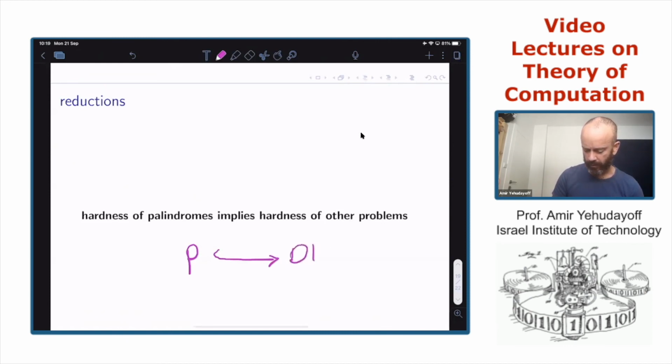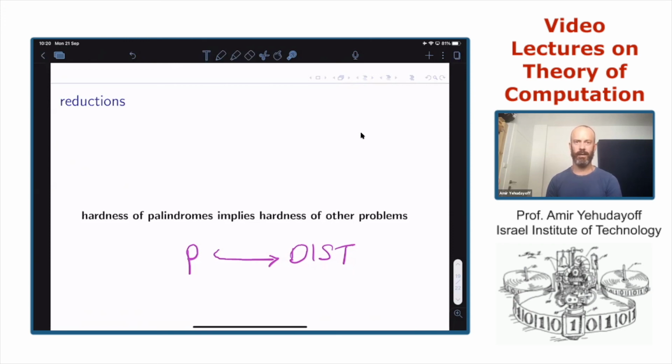We will see an example with the number of distinct elements. This reduction will tell us that if palindromes is hard, then this is hard. Or stated differently, if this is easy, then palindromes is easy. There are many types of reductions.